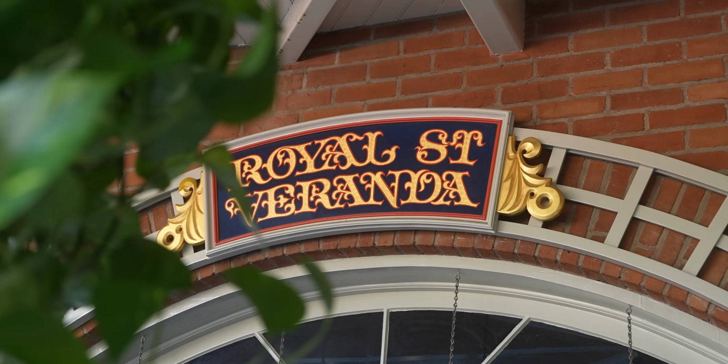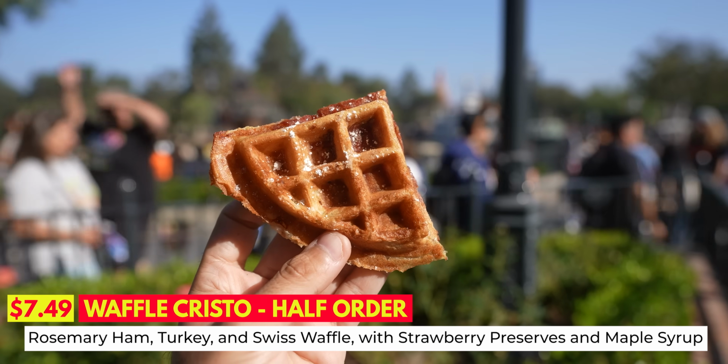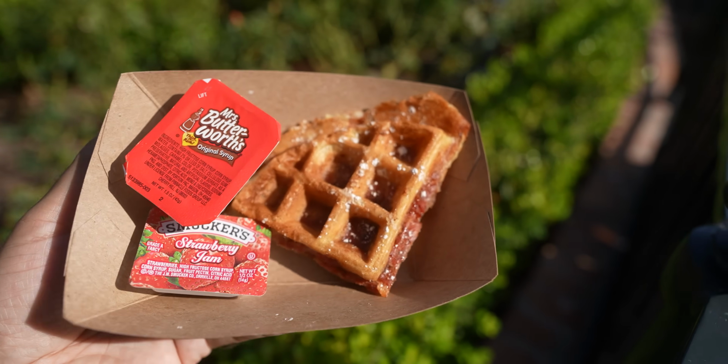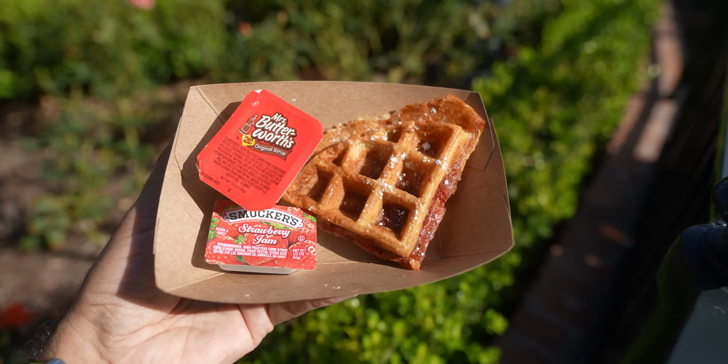Anyways, yeah, don't run. So at the Royal Street Veranda, I got myself the Waffle Cristo. This has rosemary ham, turkey, Swiss waffle, served with a side of strawberry preserves and maple syrup. This is available in a full order for $11.49 or a half order for $7.49. This was introduced in December of 2023, so it's a relatively new item, but the Monte Cristo sandwich is a classic of Disneyland and has been sold at the park since